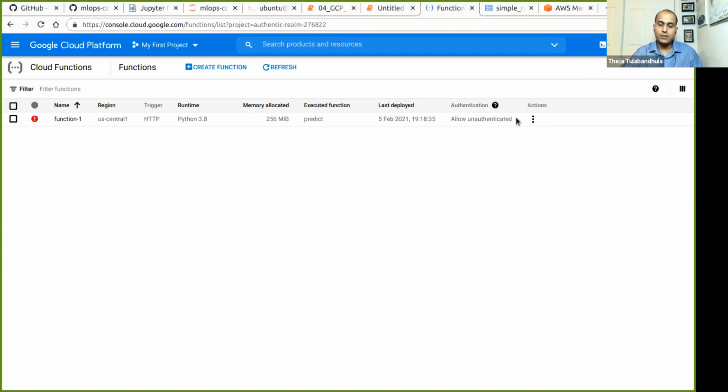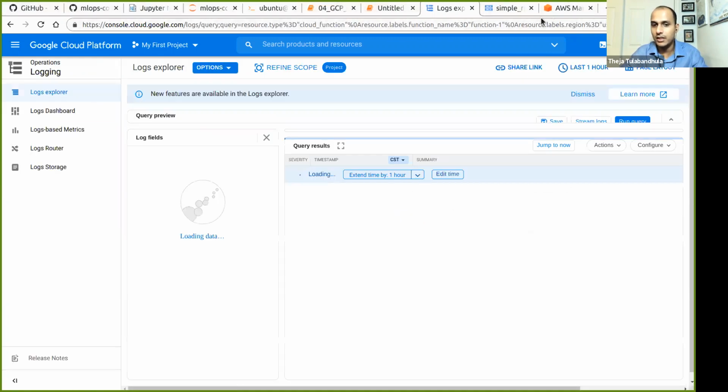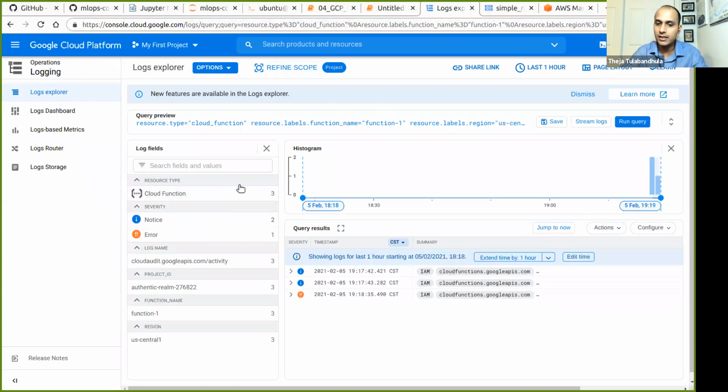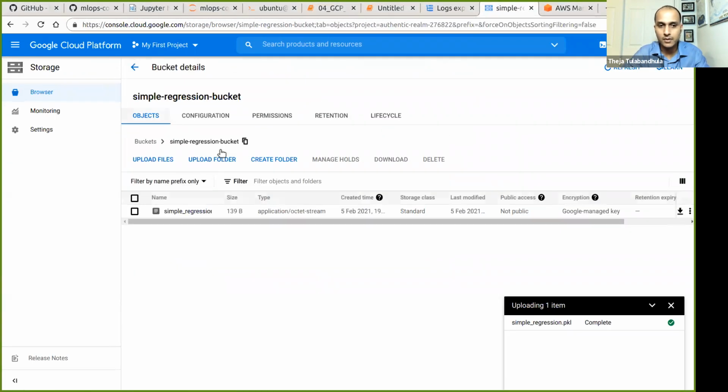Yeah. It did not work, so let me just see what the errors are. But the nice thing about this is that you don't have to touch anything on the Cloud Function side. In this bucket or folder, you have the model file. Every time you have an updated model, you can just update this file, and the same thing is going to be read again and again by the Cloud Function.